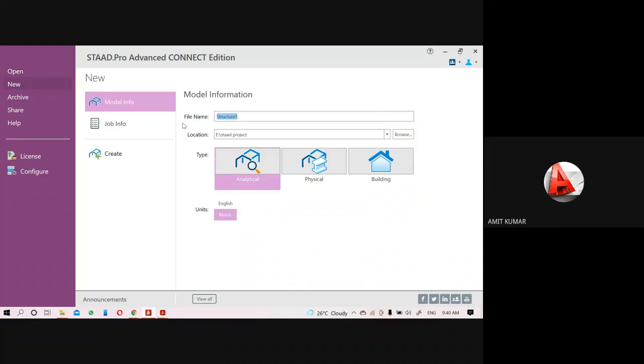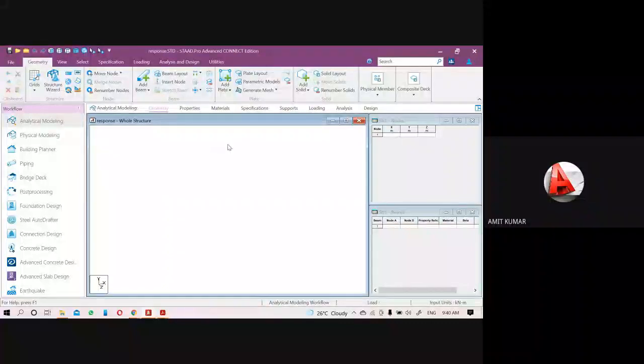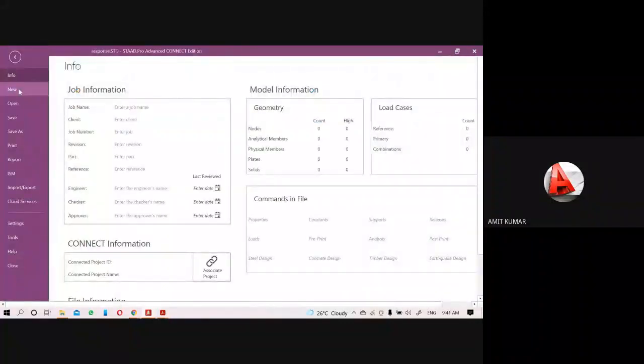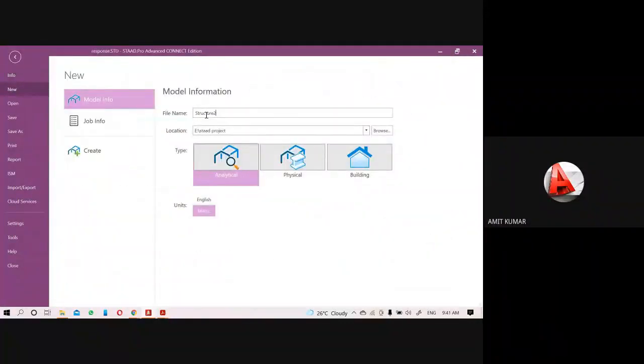So let's start with an example. I will start with it. Let me recreate the file, because with the name of response there was already a structure.